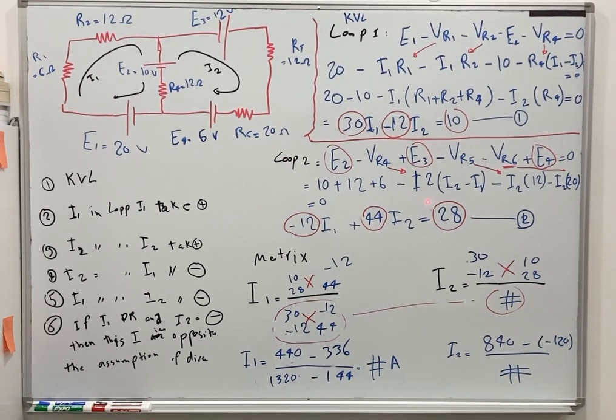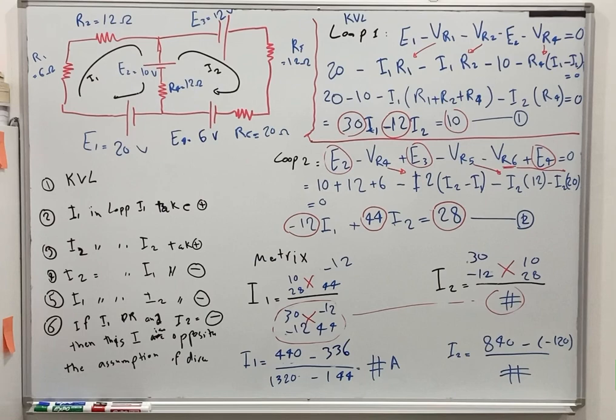VR4. VR4 will be R4 multiplied by I1 minus I2. R4, the resistance, is 12, so minus 12 multiplied by I1, I2. See, I2 is positive, minus I1, because I1 in the second loop, now I1 takes negative. All this between parentheses multiplied by minus 12. Now